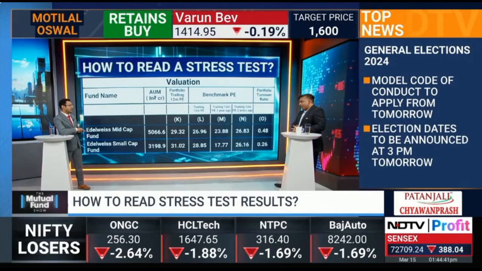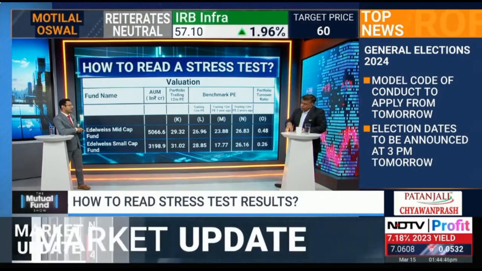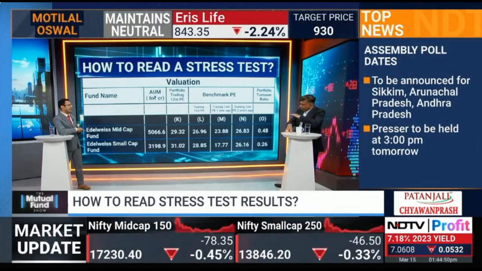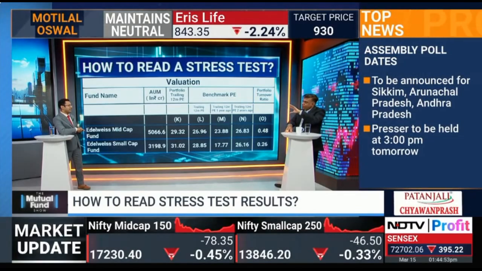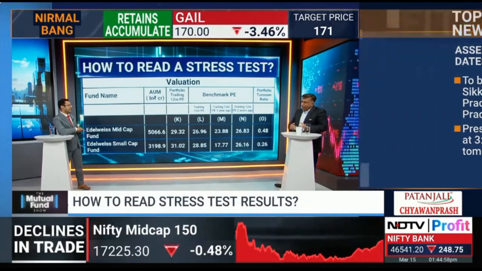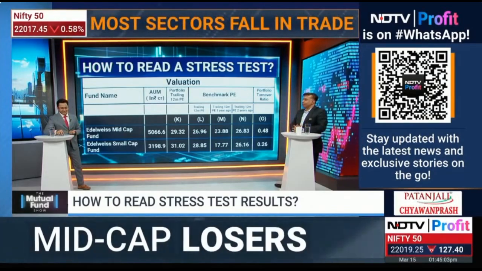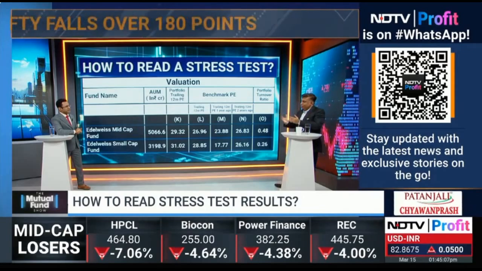My sense is that within the mid and small cap space, there are pockets of irrational exuberance. And hence, when you picked up the mid-cap portfolio earlier, we have it well spread, with some part of the allocation in the large cap domain as well. So it's better to be selective in mid and small caps rather than completely ignore the segment. Because if you ignore the segment, you are ignoring the growth story, which is the story of India overall.